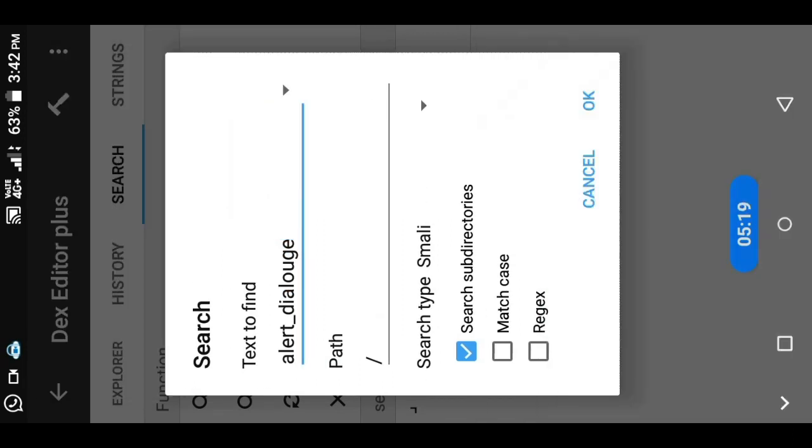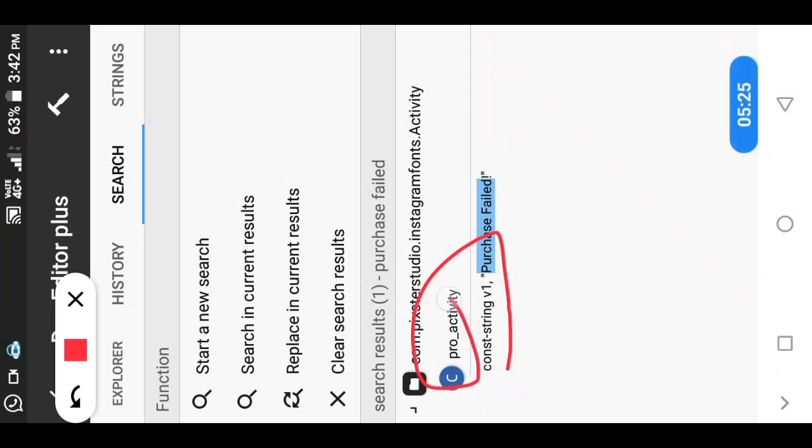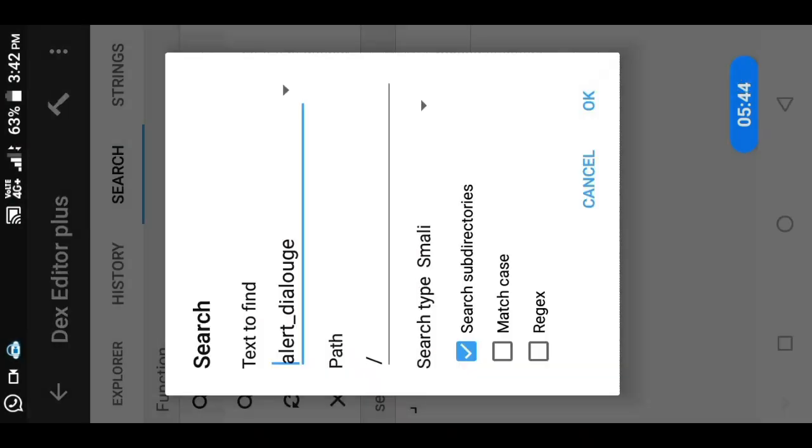Before searching, remember that this alert dialog method is in ProActivity. We need to search where it is called, that means where it is called for ProActivity. Wait, I will make you understand. So let's search.